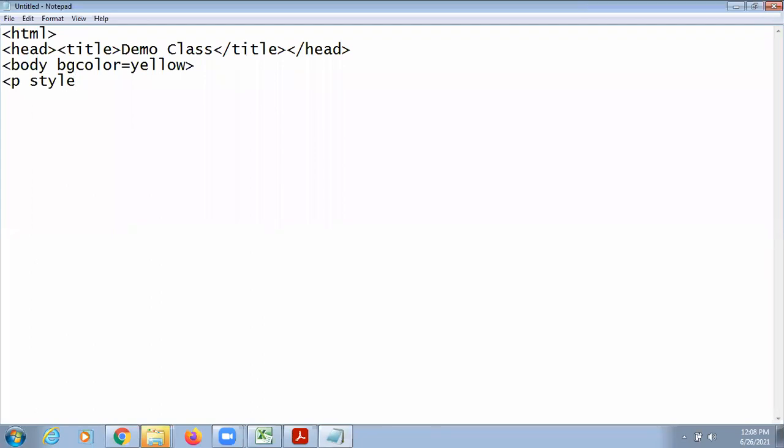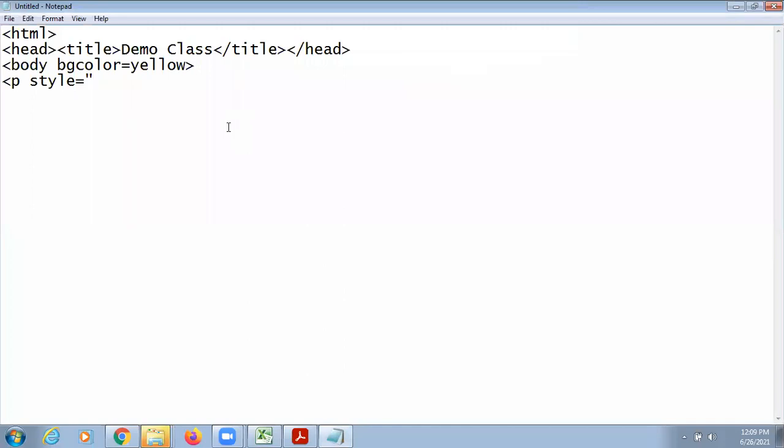But the way we used to write the attributes in HTML4 will differ from HTML5. So this style will be different, the way I am writing. Earlier we were not using the double quotes, but now only for the style attribute of paragraph tag we will use the double quotes.